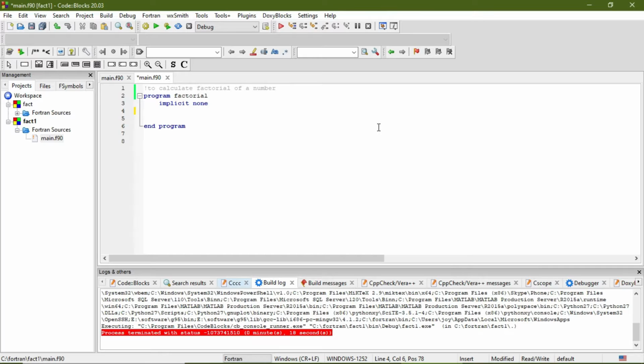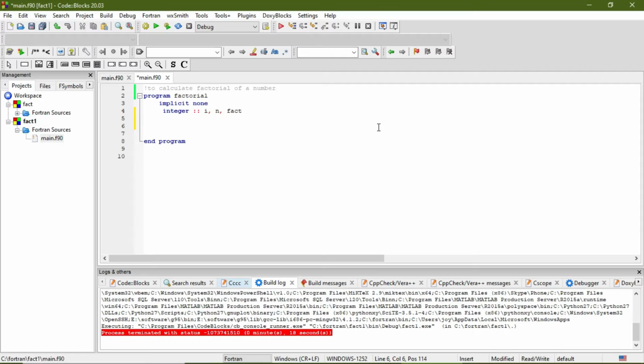So let's write a code in Fortran to calculate the factorial of a number. For this, we need to define 3 integer variables. So write integer, and then we need one variable to run the loop, that is I, one variable to read the number of which we want to calculate the factorial, and at last fact, in which we are going to store the multiplication in each step, or in each iteration of the loop.